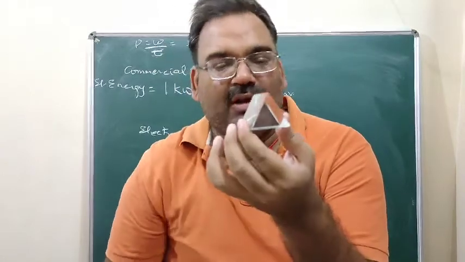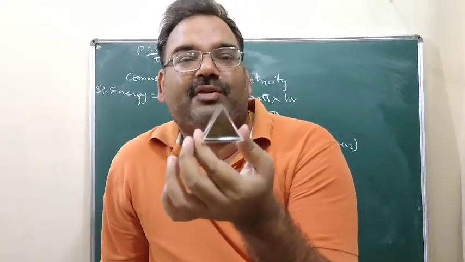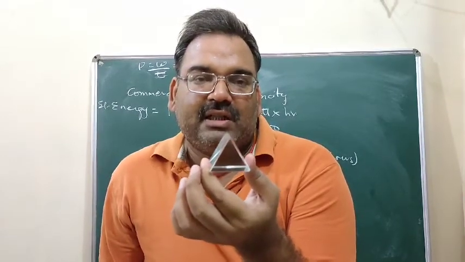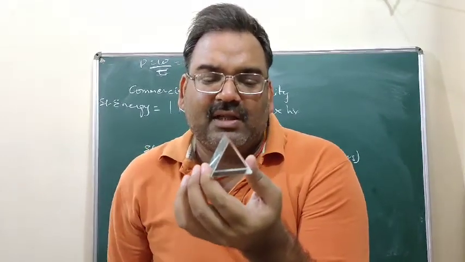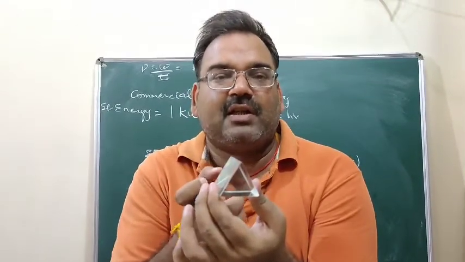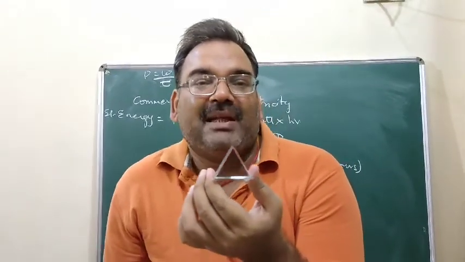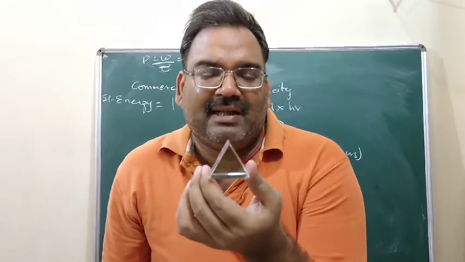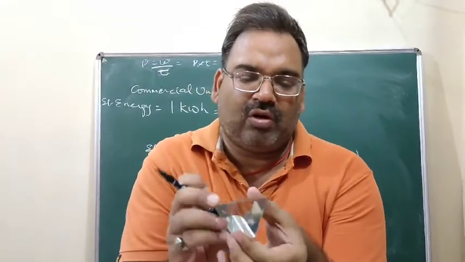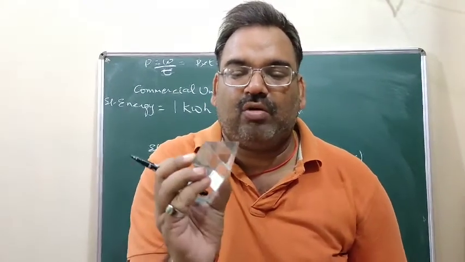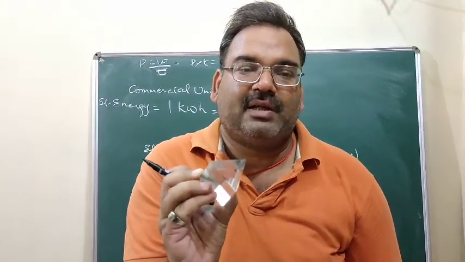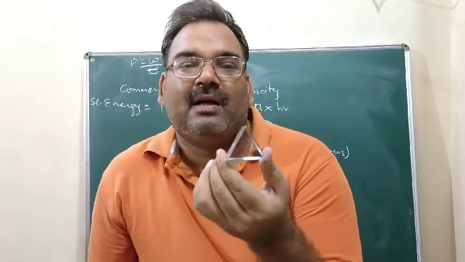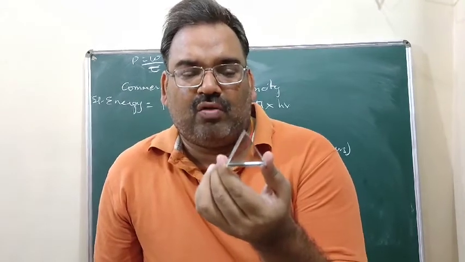So the prism that I am holding is an equilateral prism. All the angles are 60 degrees each. In some prisms, one of the surfaces is grounded. What does grounded mean? Milky. So we consider that as the base. So it is clear that it is a base. Here in this case, all the surfaces are transparent. So any one surface can be taken as a base.